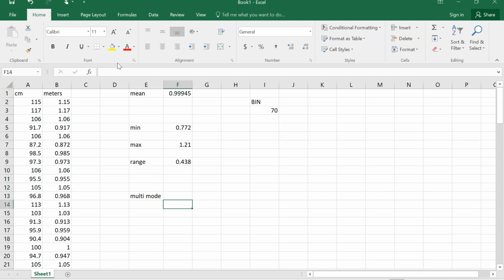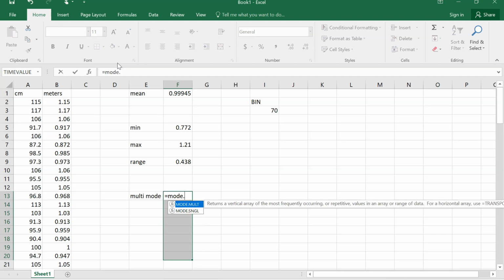Multi-mode is a little bit different in Excel, and I don't know if I have multiple modes in this, so let's find out. The first thing I have to do is select several cells like this. So I'm just holding down the shift key and the down arrow, choose about 6 or 7 cells, and we're going to put equals mode.mult, just like what we did on Google Sheets. I'm going to go select B2,